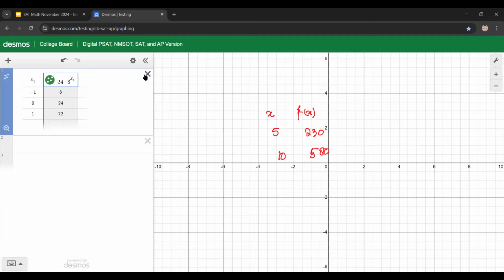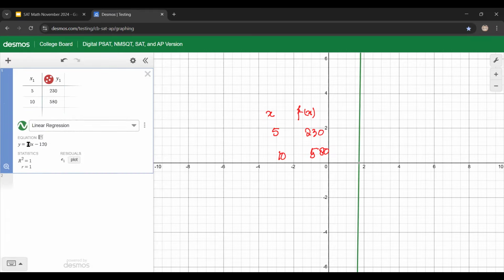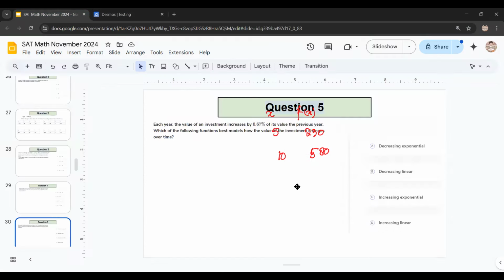So let me erase this table. I'll insert another table. So 5, 230, then 10, and 580. I'll go to this option here. I'll do linear regression. My equation is 70x minus 120, and